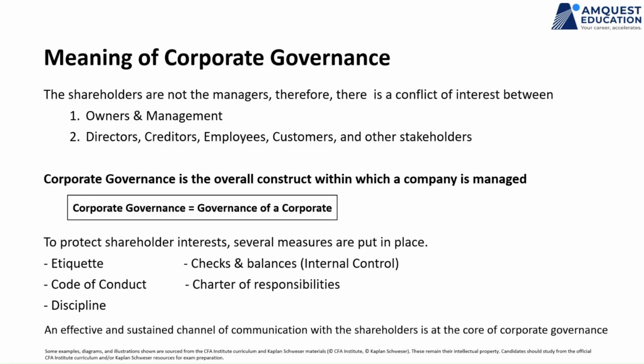The foremost important thing in corporate governance is a channel of communication. Communicate the good, the bad, the ugly to your shareholders. That is the core of corporate governance. Hiding data or not disclosing information and keeping it behind a closed door is generally an area of concern for shareholders. And as a stakeholder, a lot of stakeholders would like to understand how big the problem is. That can help them to take corrective measures as and when the problem arises.